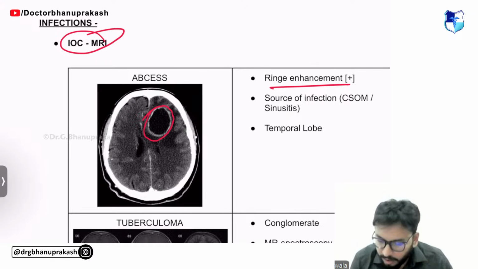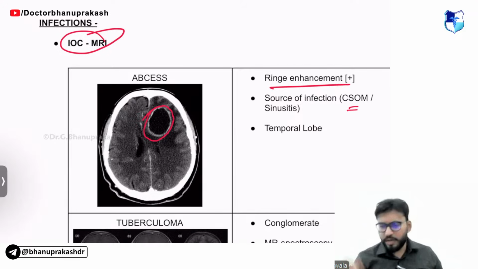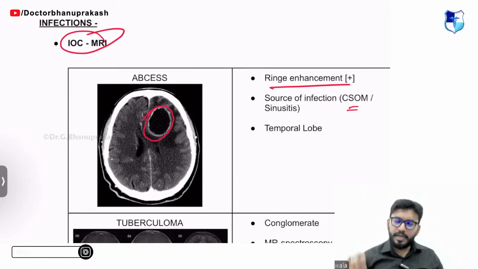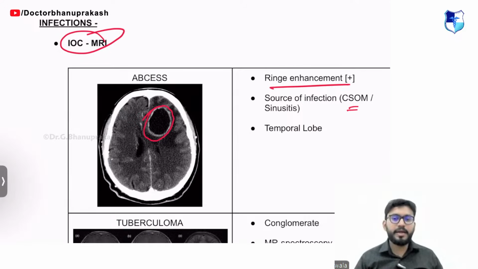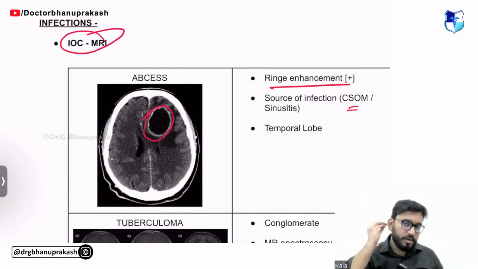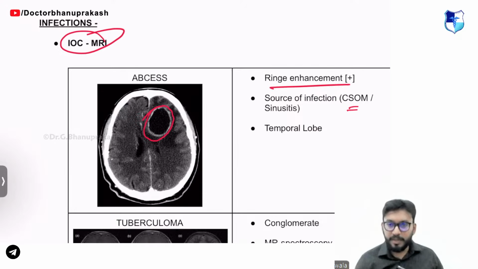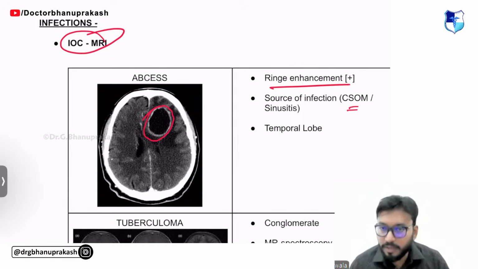A clinical vignette can be that a patient had continuous ear discharge for a long time, and then suddenly develops high grade fever and altered mentation. You do an MRI and you find this. So there is usually a brain abscess, which has spread from the middle ear. It is CSOM, the unsafe type of CSOM. It can erode the bone, and the infection can land up in the temporal lobe most commonly, because the temporal lobe is the closest to the middle ear.